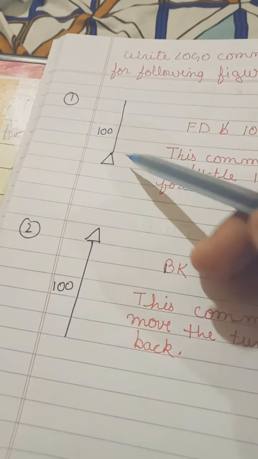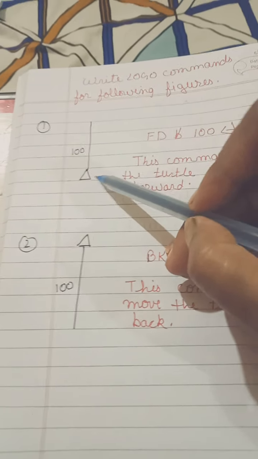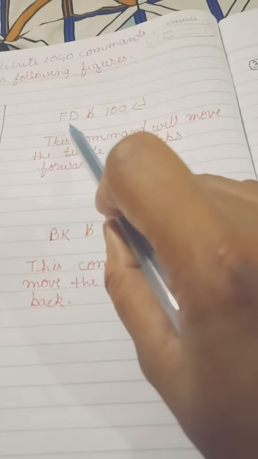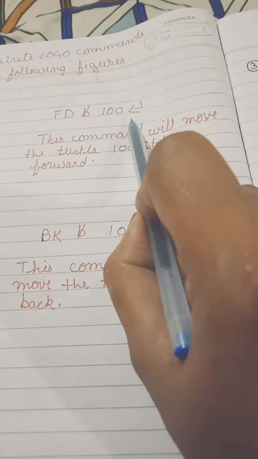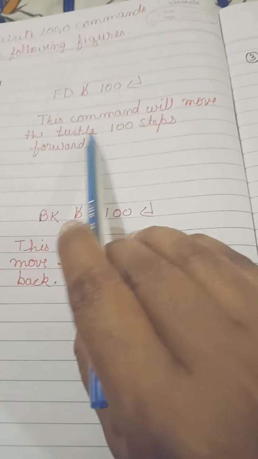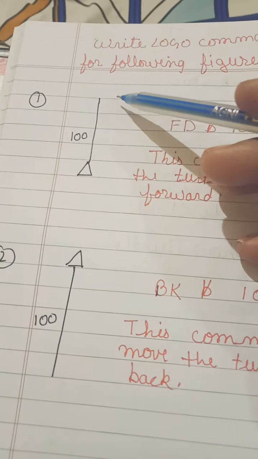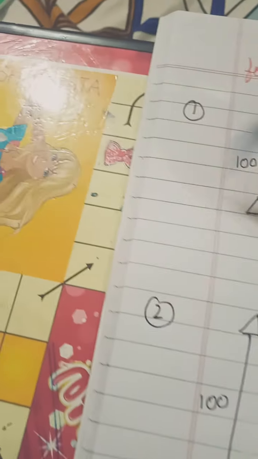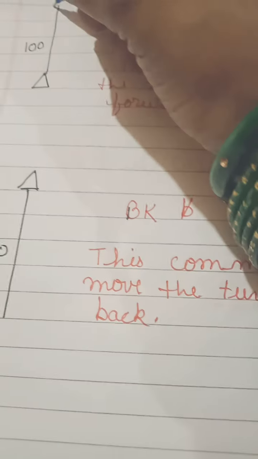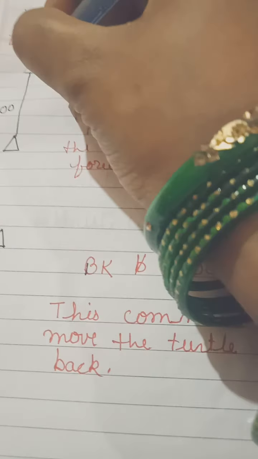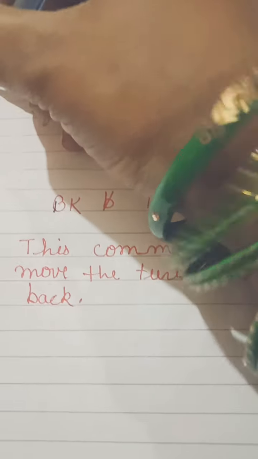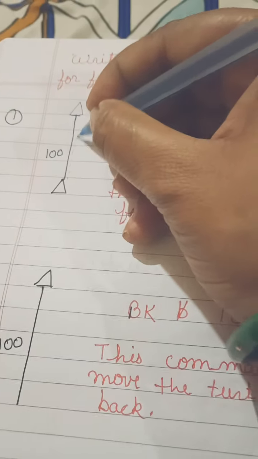See, after this, what we have to do. This is a turtle. When you open the screen, the turtle is there. See what command we have given: FD, blank space, 100 and enter. This command will move the turtle 100 steps forward. See, from here it is here. Now the turtle is present where? Here. Now its position is this, isn't it? Before it was this, it traveled 100 steps and now the turtle is at this position.